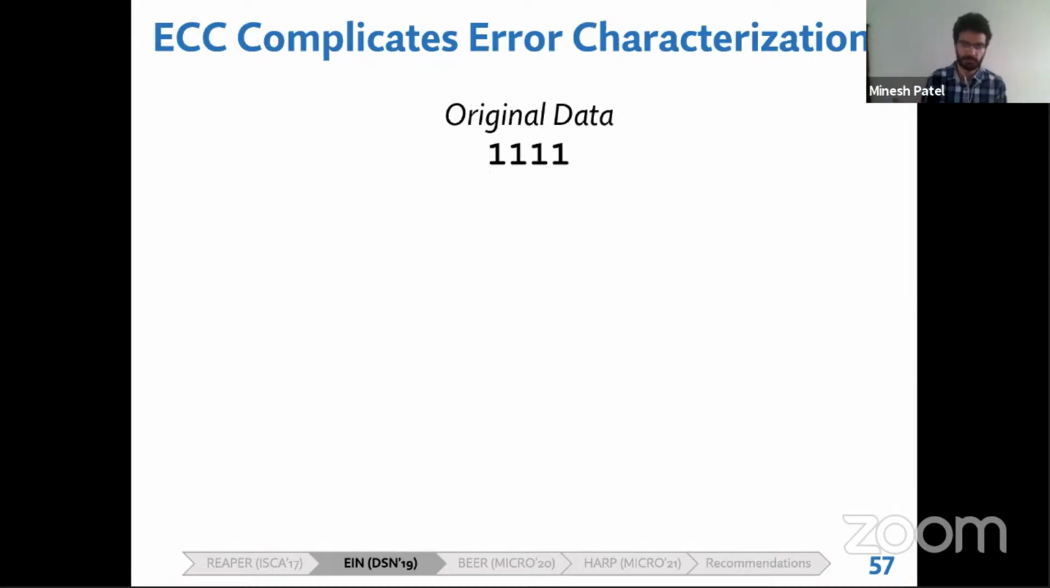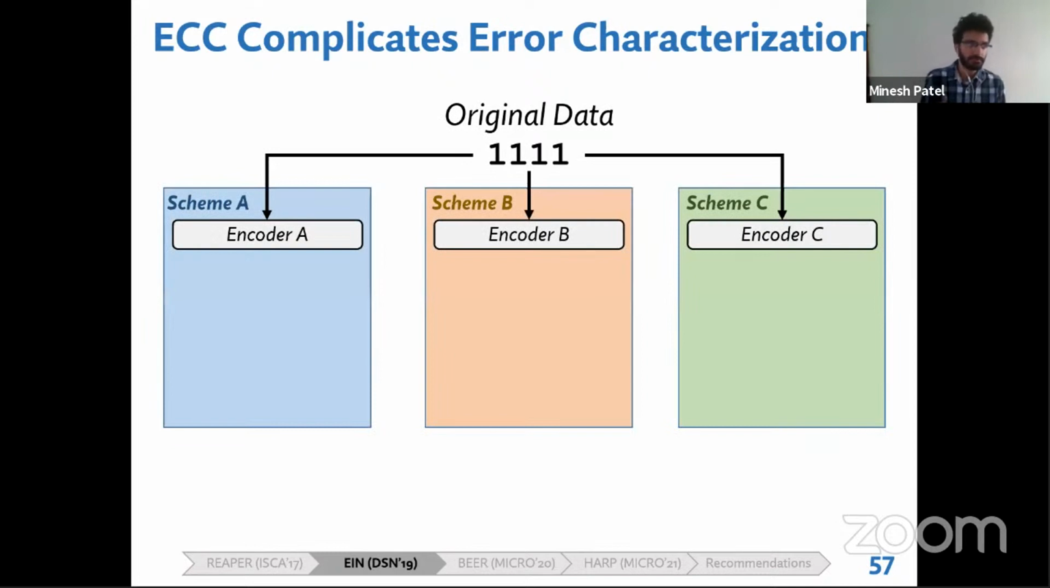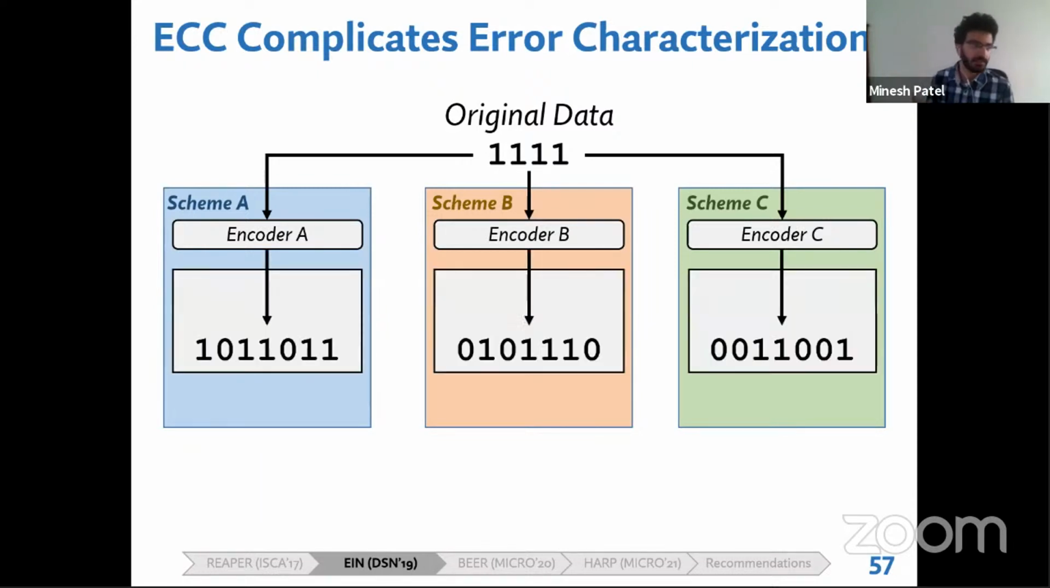So in this example, let's suppose that we have some data that we're writing to a DRAM chip. And so here, let's say we have 3 different DRAM chips that use 3 different ECC schemes. And so we write this data, which first goes through ECC encoders within each of the different DRAM chips. And so the encoded data is then written to the physical cells. Now, note that this data is different between the different chips because they use different encoders. And for sake of example, let's say that errors occur in the exact same bit positions within the 3 different